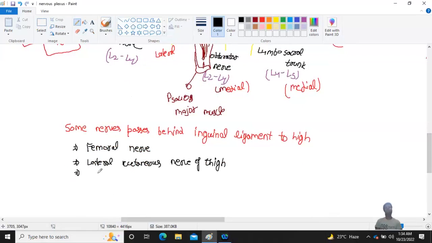Because the genital branch goes into the genital region, the femoral branch of genitofemoral, femoral. Then